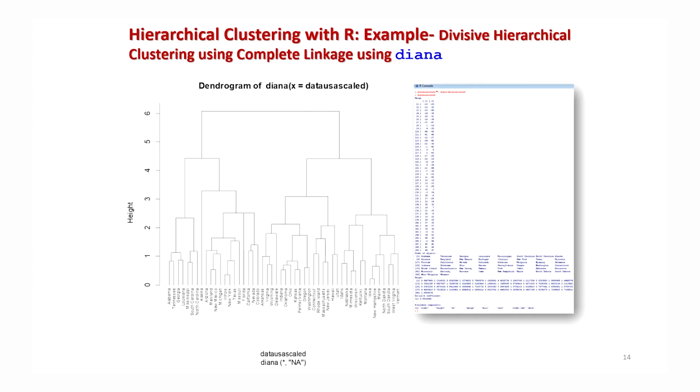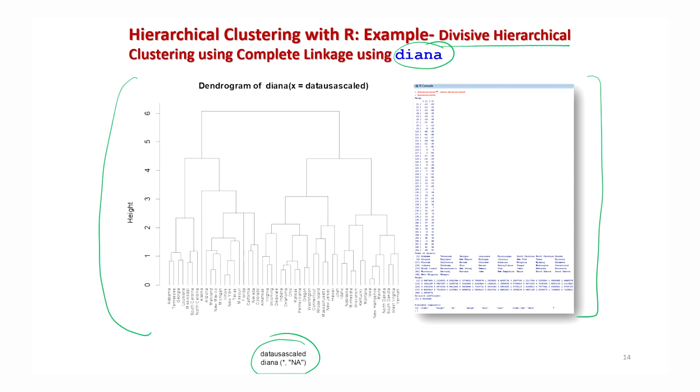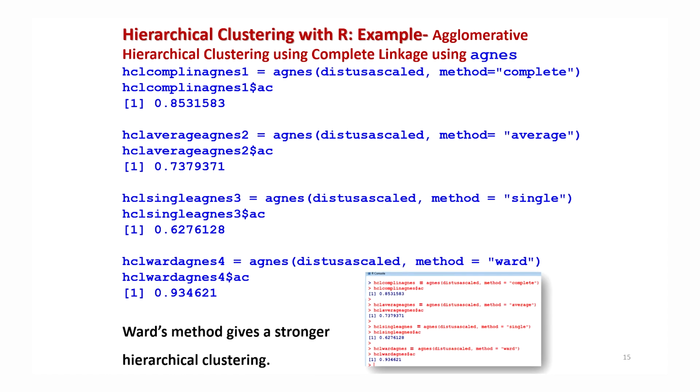So let me try to see here, for example, what will happen under the package, and then I will try to compare them. So if I now consider the divisive hierarchical method using the command here diana, you can see here using the similar command, this dendrogram will look like this one. Right. So now you have here three types of dendrograms, and this is here the screenshot. I will try to show you on the R software. But anyway, now I try to compute here the different types of agglomerative coefficient using different methods.